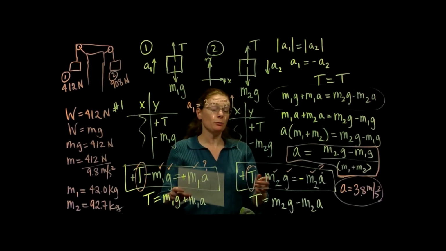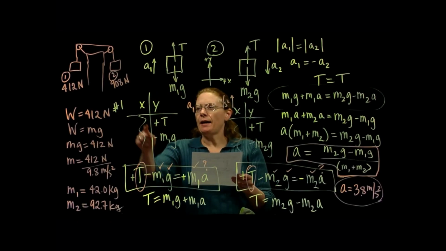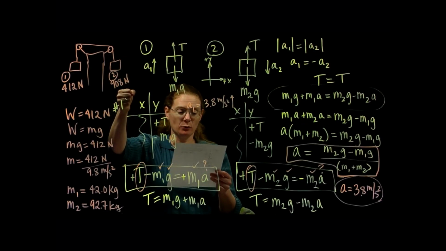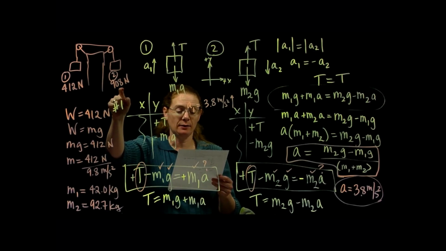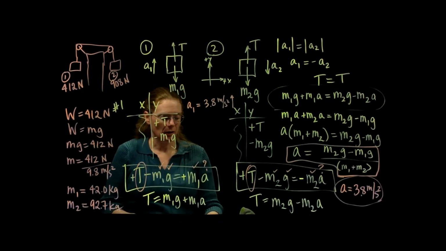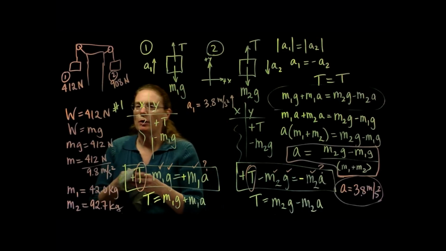Now I have part 2. Suppose the 908 Newton block is removed and you pull down on this rope with a force of 908 newtons. Find the acceleration of the lighter block again. All right, so what are we doing this time? We are